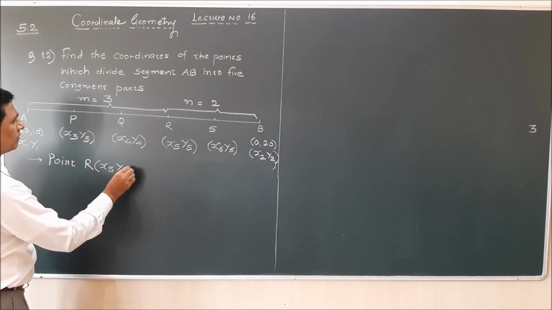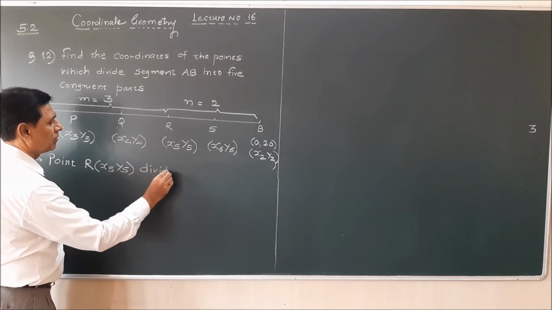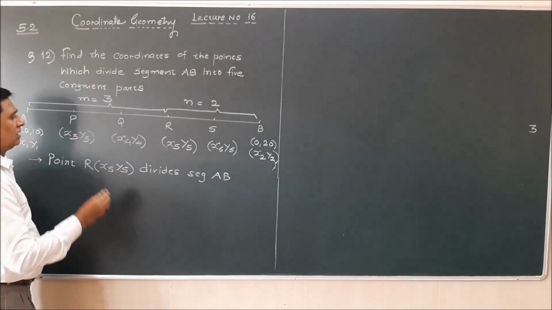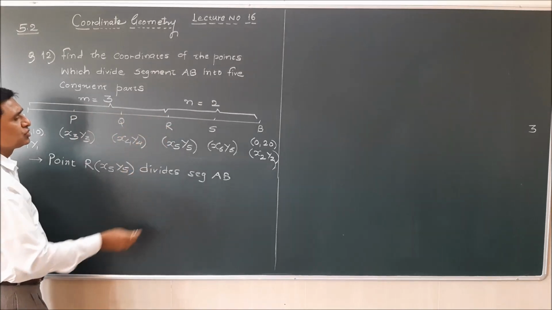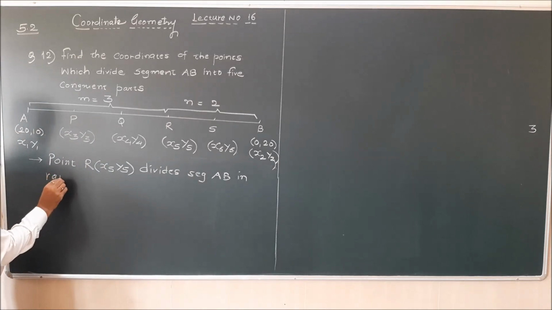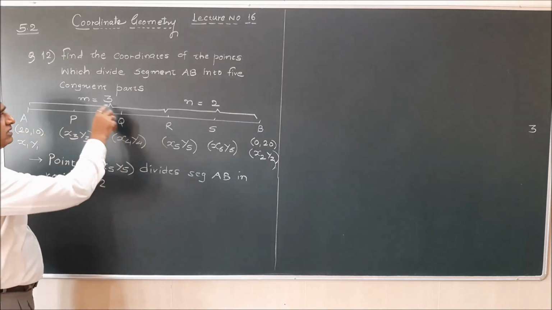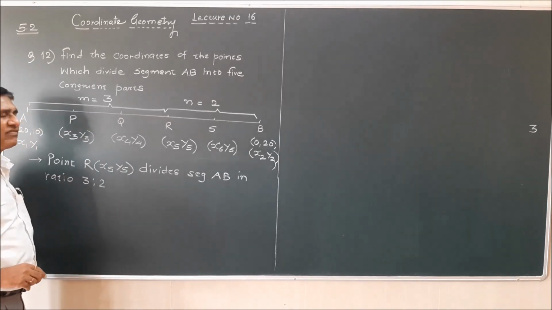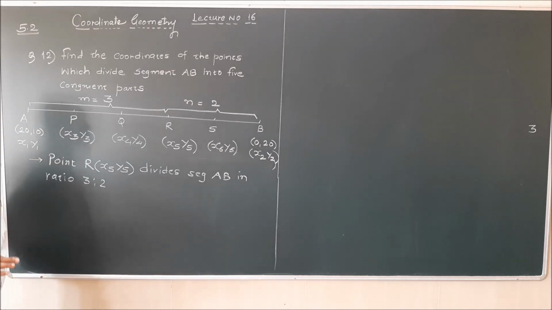x5, y5 divides segment AB in the ratio 3:2. Because up to point R you will find there are three parts, and after R there are two parts. So this is how R (x5, y5) divides segment AB in the ratio 3:2. Therefore,